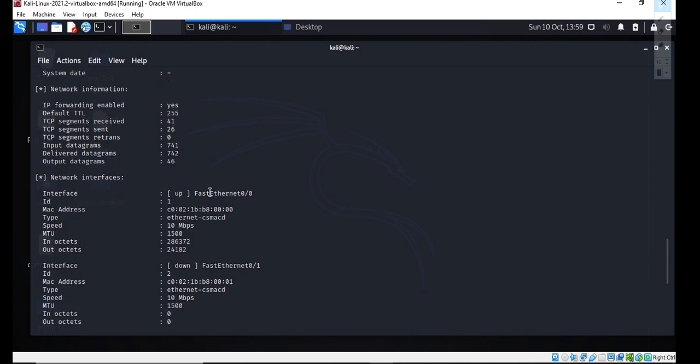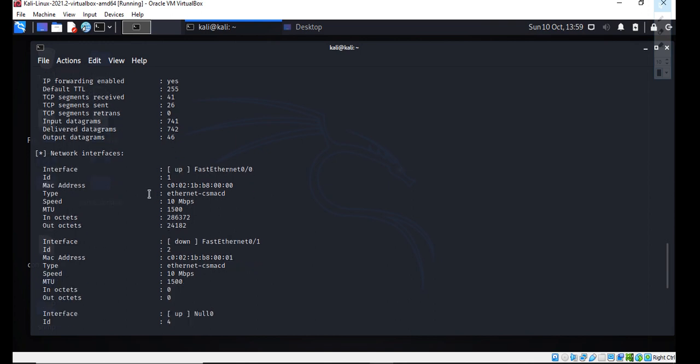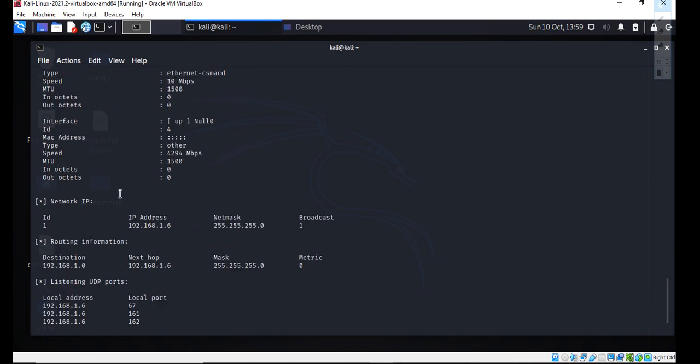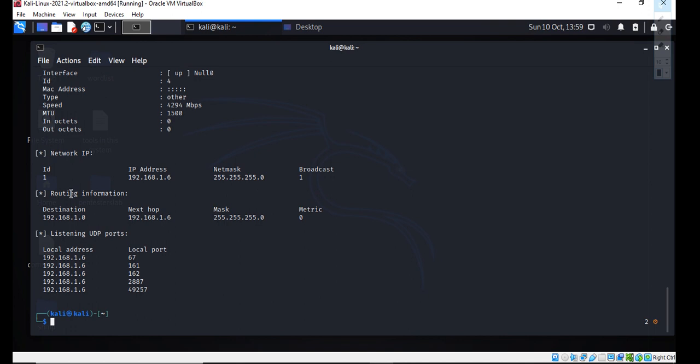The interface is FastEthernet 0/0 and the speed, and this is the network IP, and he also got the routing information which is present in the router and all the UDP ports that are open in this router. So now using this information the attacker could exploit the router.